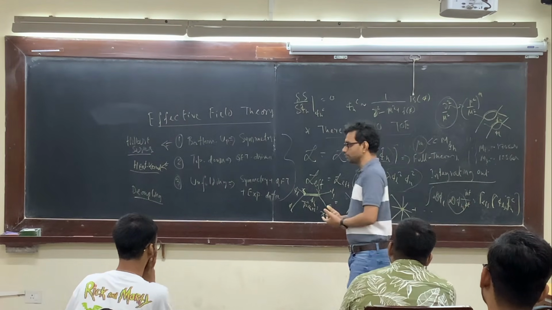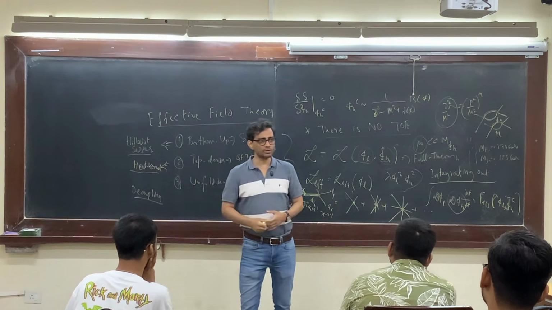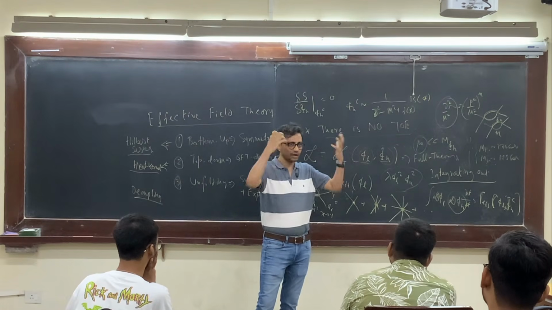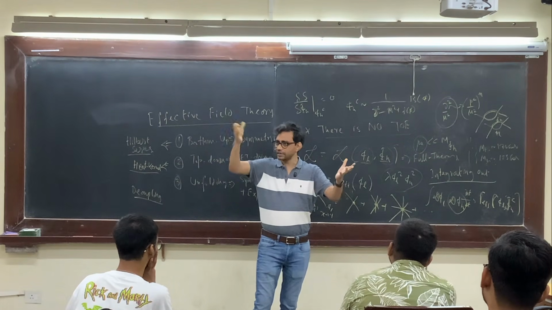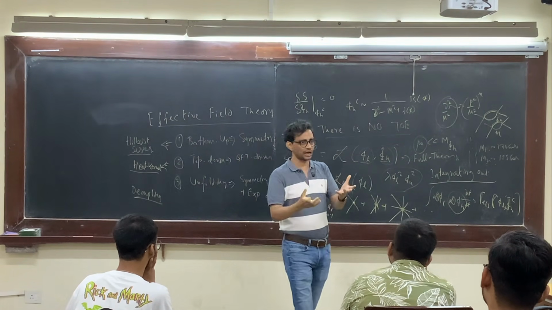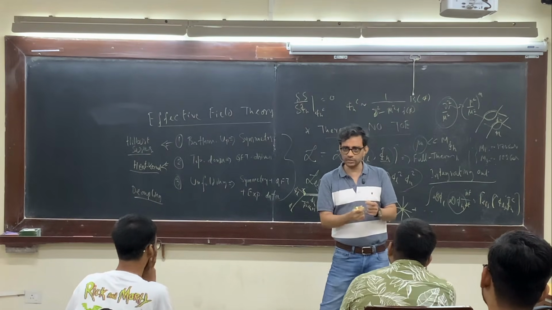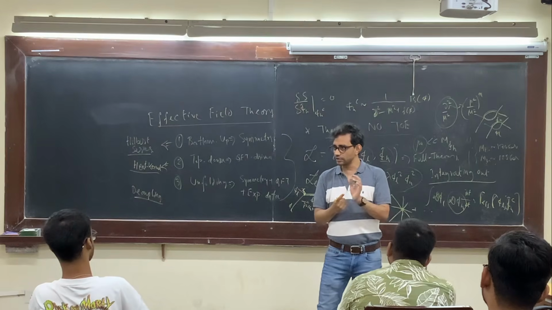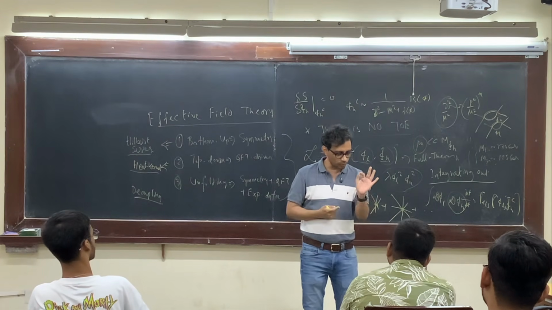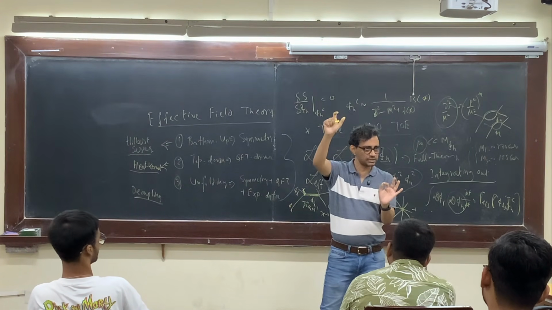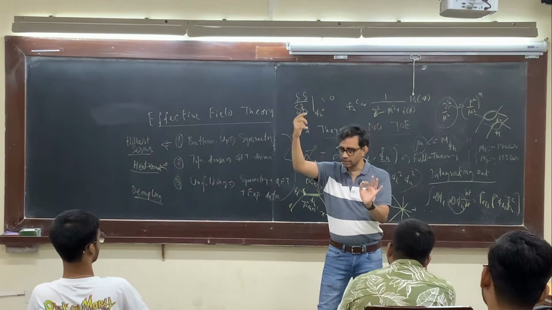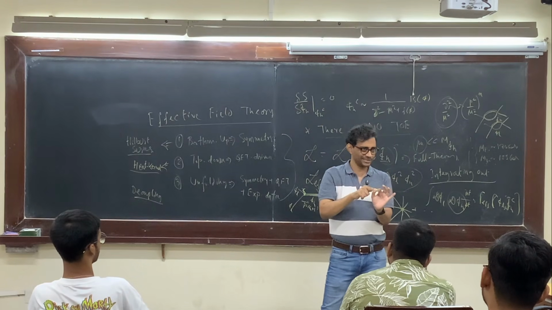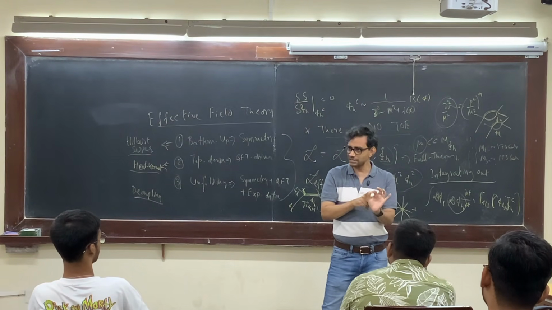And why is it useful? Because if you do not have that, then you just blindly hunch for a new UV Lagrangian, you try to integrate it out and see at low energy whether you get the operator or not. But this is a symmetry-driven mechanism to tell you what are the minimal UV interactions that, upon integrating out, generate this kind of operator. Okay, so this is called the